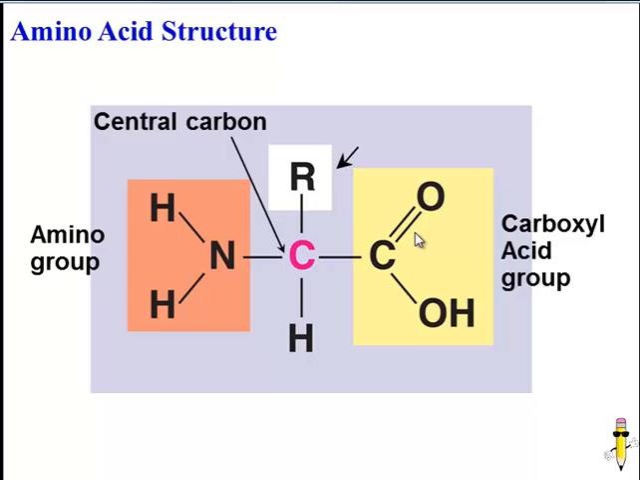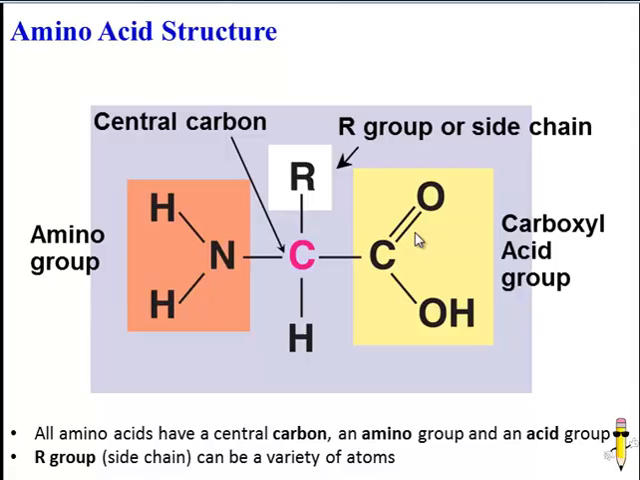COOH, and then there's something called an R group. The R group isn't actually the element or the chemical R. The R group can consist of a bunch of different chemicals. So in the amino acids, every single amino acid has the same central carbon, the amino group, and the acid group. That's why they're called amino acids. But different amino acids will have different R groups, and that ultimately is what's going to affect a protein's structure